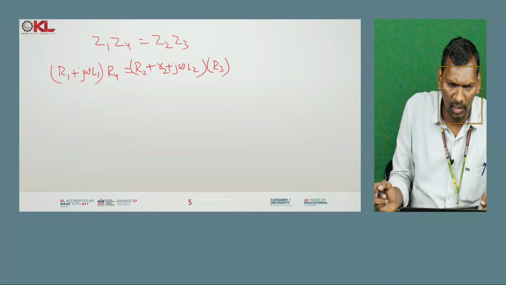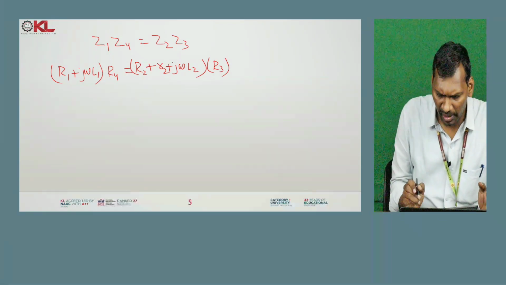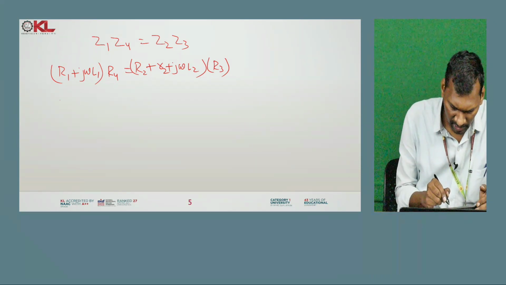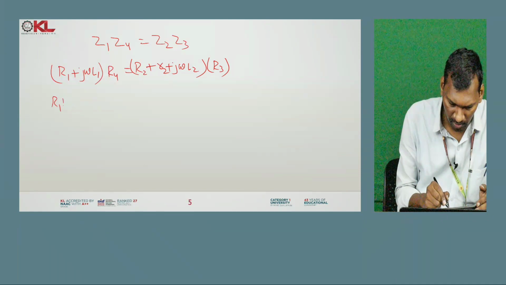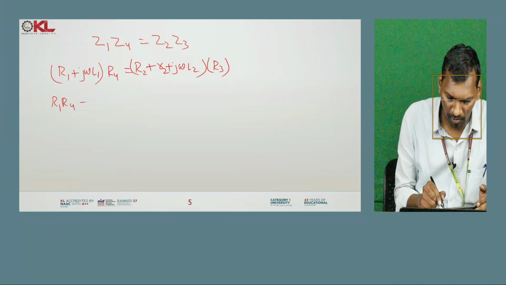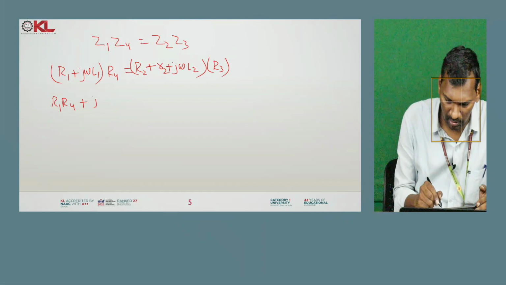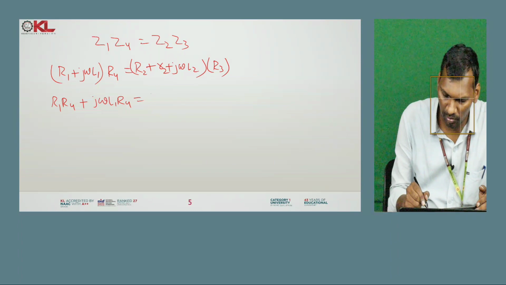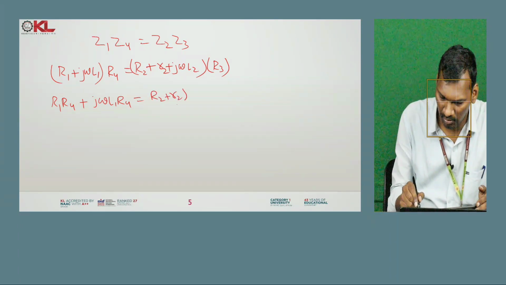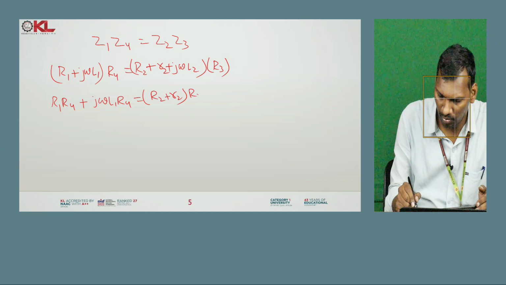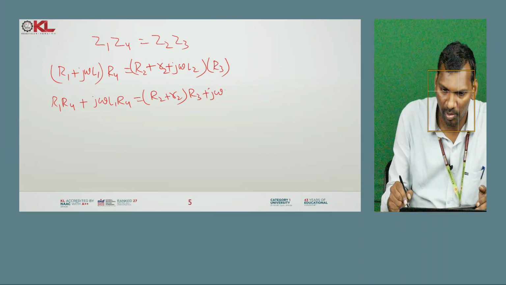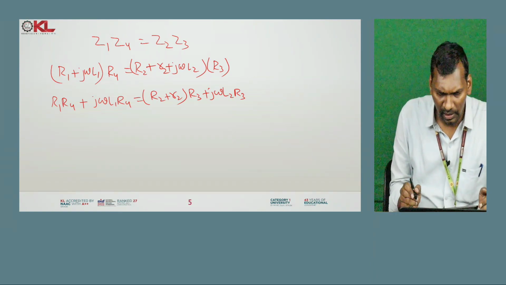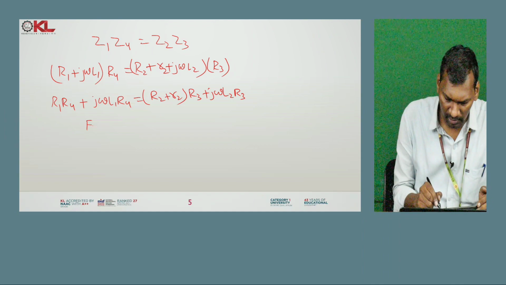Now separate the real parts and imaginary parts. So if you recalculate this one, you will get R1 R4 plus j omega L1 R4, which is equal to (R2 plus r2) into R3 plus j omega L2 R3. Now equating the real and imaginary parts,